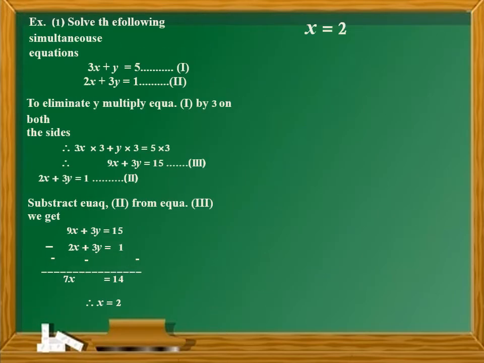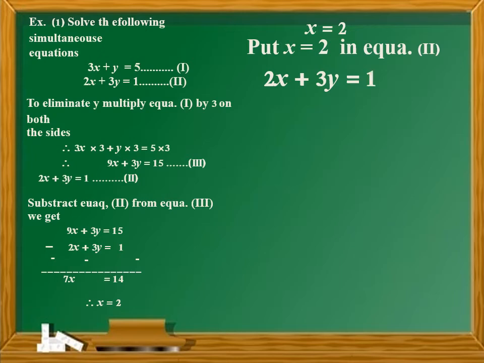To find the value of y, we have to put the value of x = 2 in any one of the equations above. We have 3 equations in all. We can choose the simple and easy equation for the solution of y. So, we will choose equation number 2. Put x = 2 in equation 2. We will write equation number 2 again.